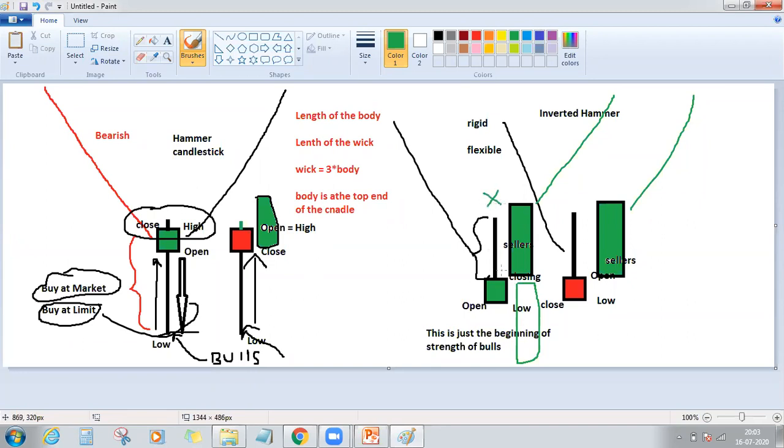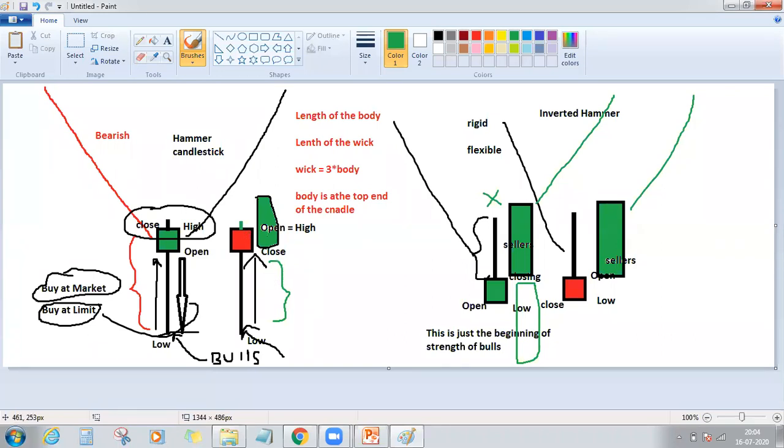Buyers are not so strong on that day, because with a hammer, we are clearly sure that buyers are in a mood to continue, because the closing price was equal to the high and there is a rejection at the bottom. So the trend is clear here. Bulls wanted to exhibit their strength going forward. Even here, we were not sure if bulls were strong or not, if this is a temporary price action or they are permanently stronger. This we were not able to say.